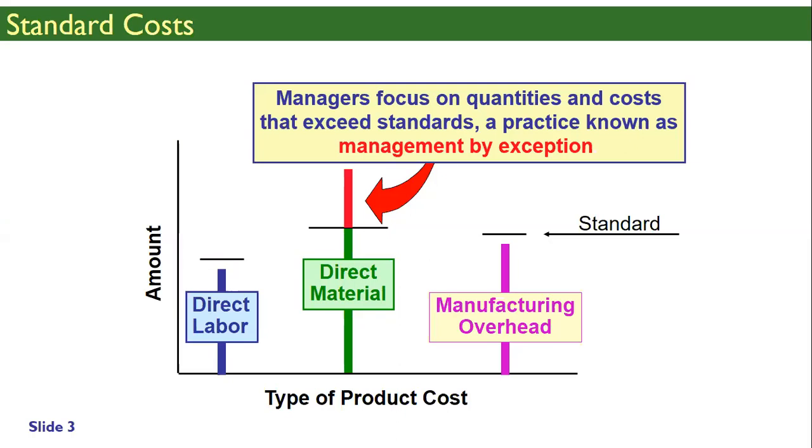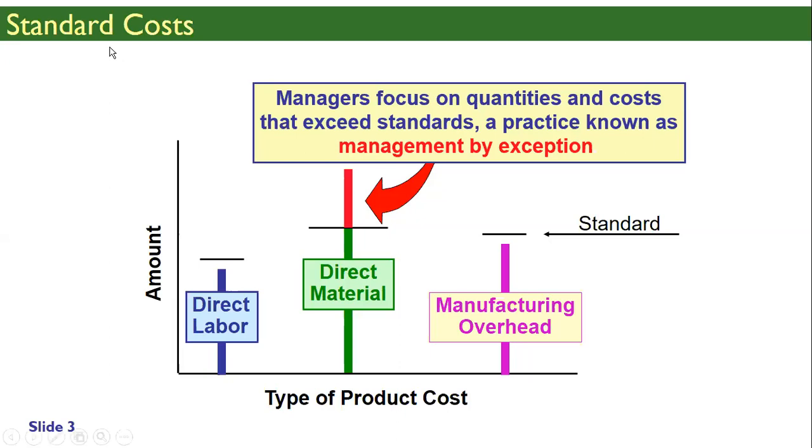Management by exception means that you have set standards. There is a direct material cost, maybe $20. So as long as it is $20, it is okay. Whenever it increases beyond 20, then you will find out the reason. So you set standards, okay? You've got a standard for overhead, standard for labor, standard for material. So anything which goes beyond standard is something which you need to investigate.